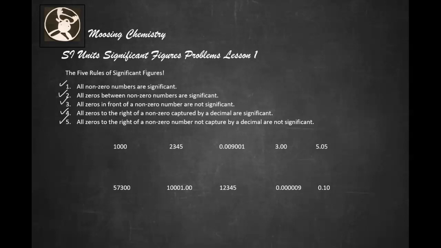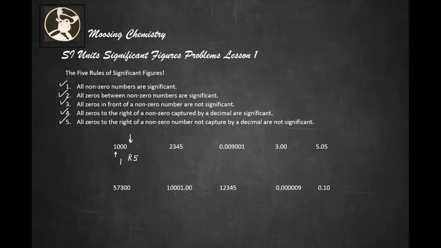Okay, let's look at the first number here, 1,000. This 1,000 has one significant digit. And the reason why that is, look at rule number 5. Rule number 5 says that all zeros to the right of a non-zero number not captured by a decimal are not significant. There is no decimal there. Okay, so let's look at the next one,